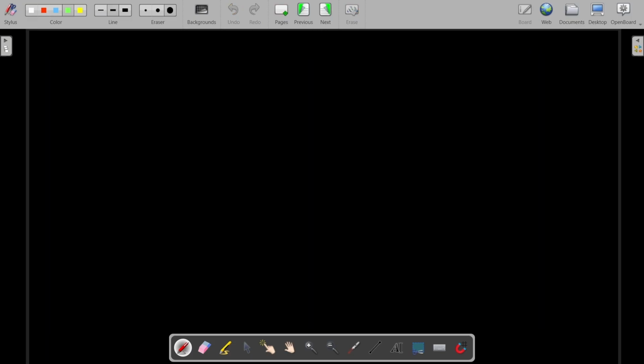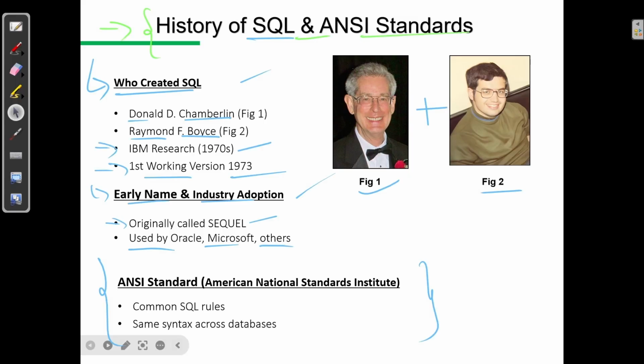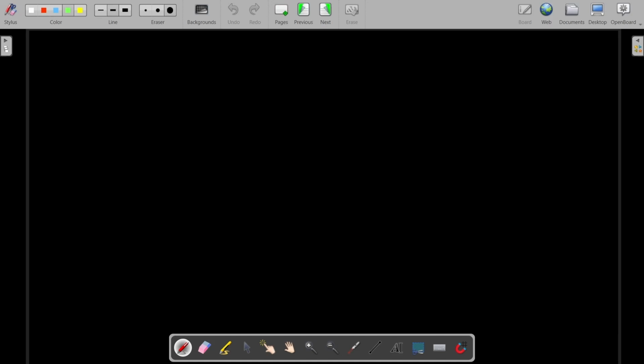Now previously in the PPT, I said that originally it was called SEQUEL. So what does this SEQUEL stand for? Also, if you have paid attention, I'm calling this SQL all the time, right? Now I will explain why we call it SQL and not SEQUEL all the time. When they created this application, they named it SEQUEL itself, which basically stands for